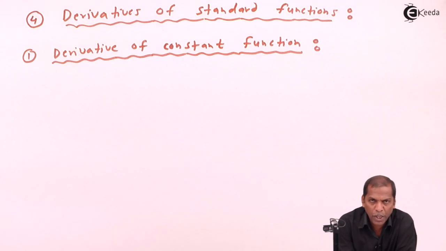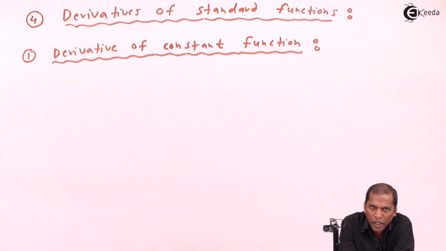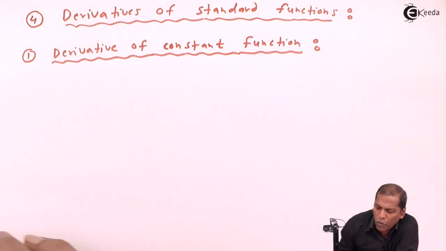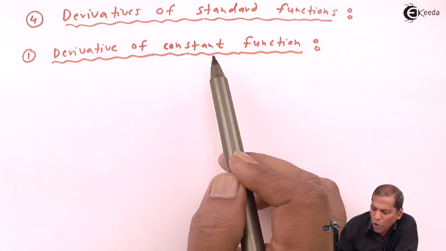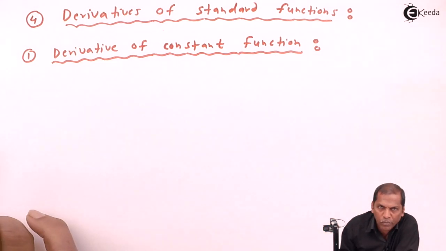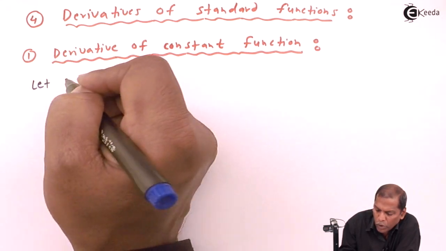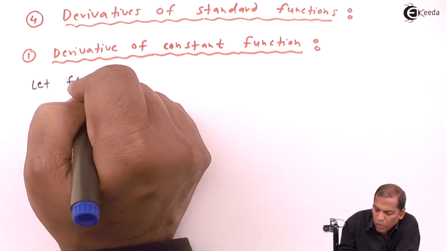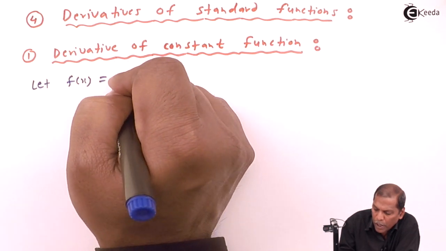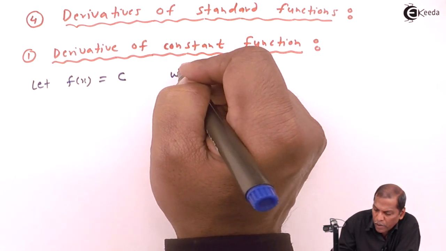Hello friends, now we see the topic number 4, that is derivative of standard function of chapter differentiation. Now under the topic number 4 we have topic number 1, that is derivative of constant function. So let f of x is equal to c, where